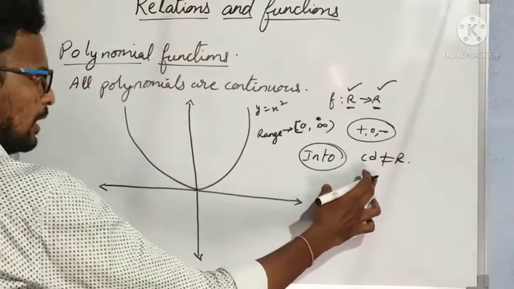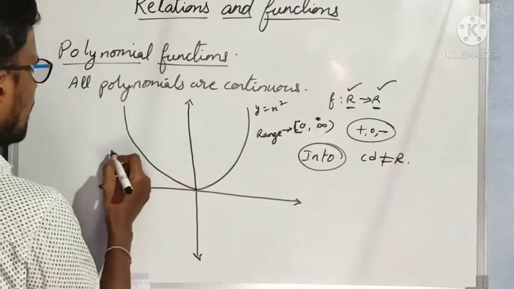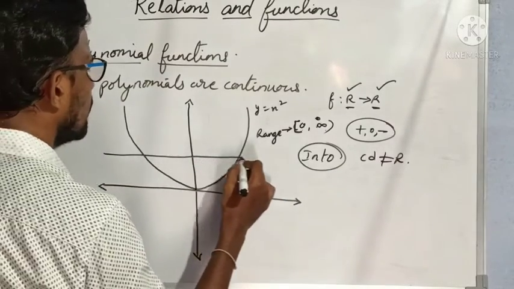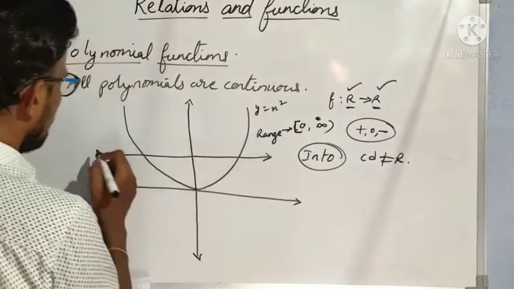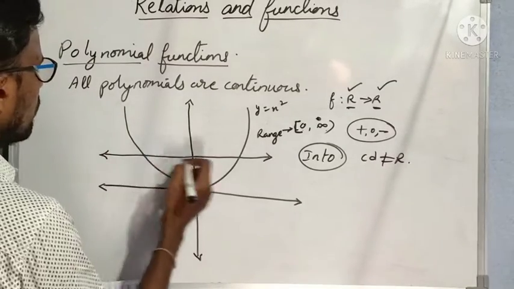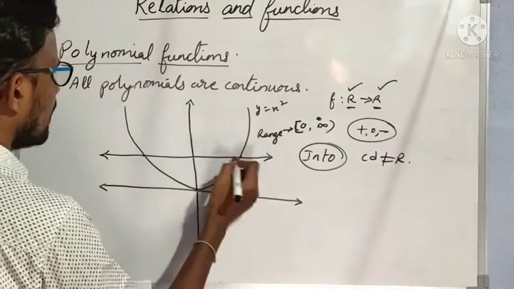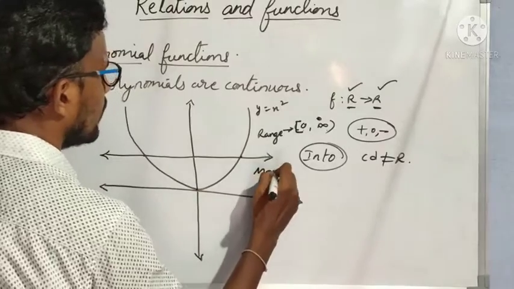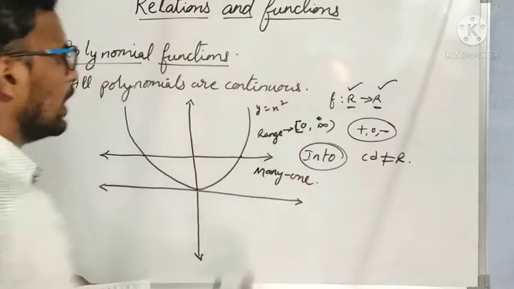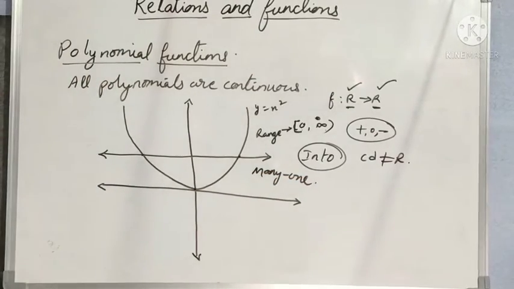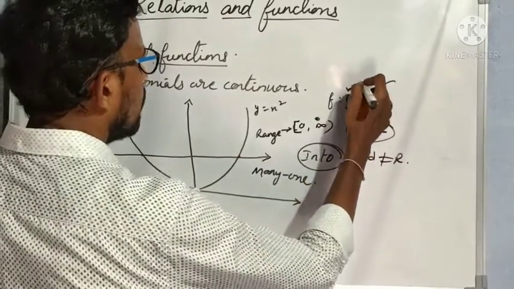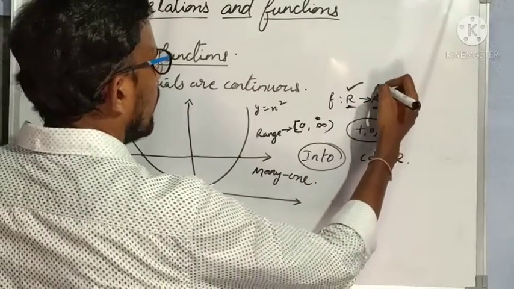Into function. Yes. And how about one-one and many-one? Already we know that when we draw a horizontal line test, when it is intersecting at more than one point, then such type of function is what function? Many-one function. Yes. So we know that the domain of this function is R and the codomain is also R and